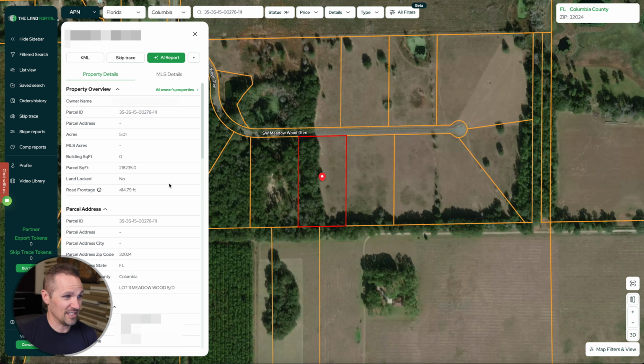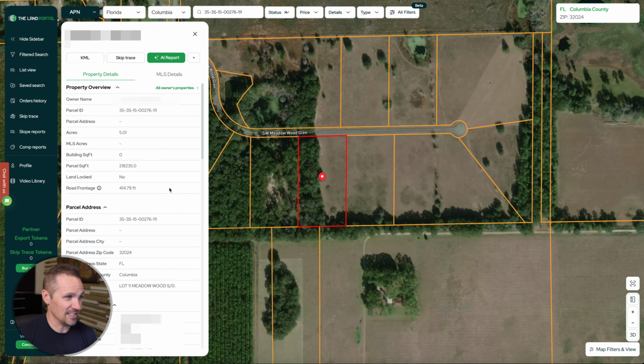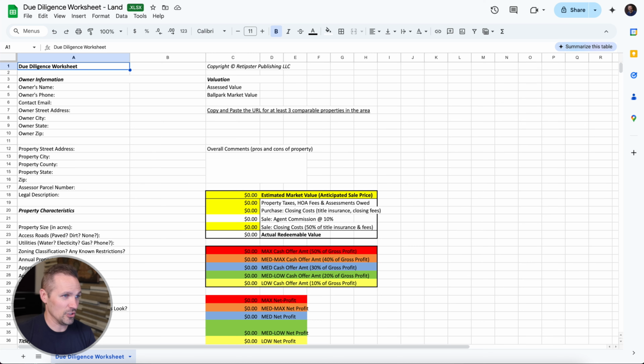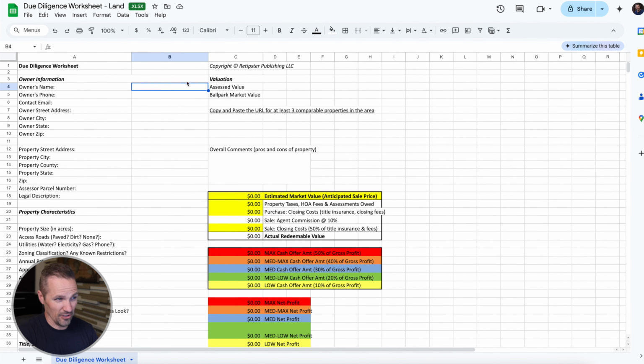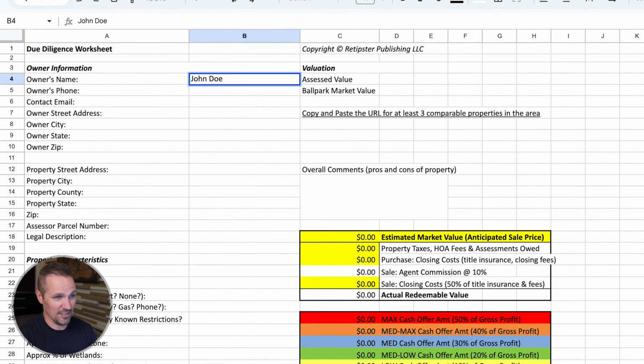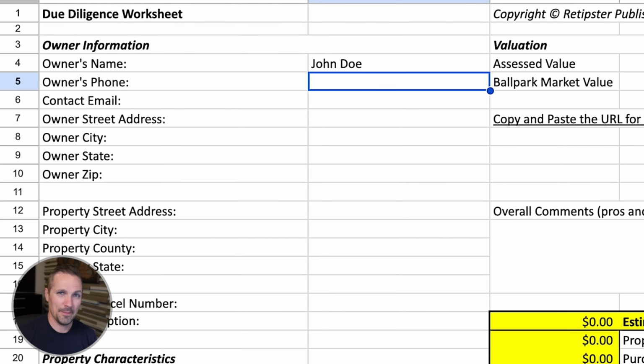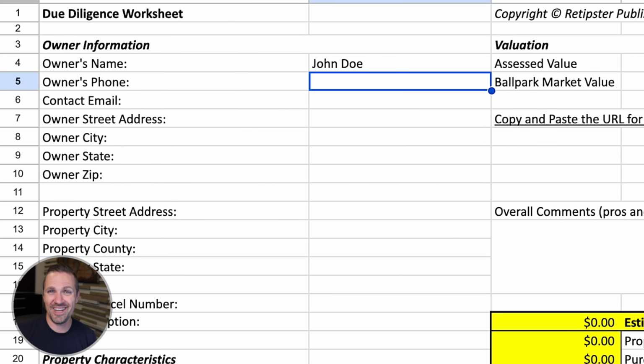Right off the bat, we can see a lot of the property details that we need to know. This is the information we're going to start taking and plugging into our spreadsheet here. We're just going to call this guy John Doe to protect his privacy. Presumably, if you've already generated and exported your list from whatever your data service is, in my case, the Land Portal,